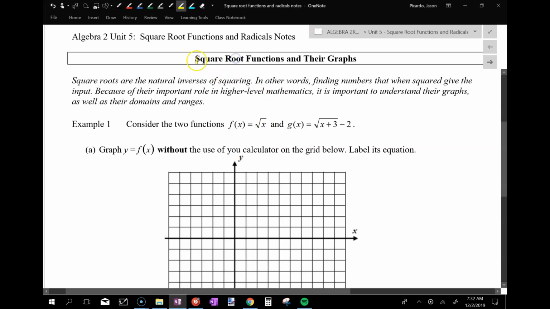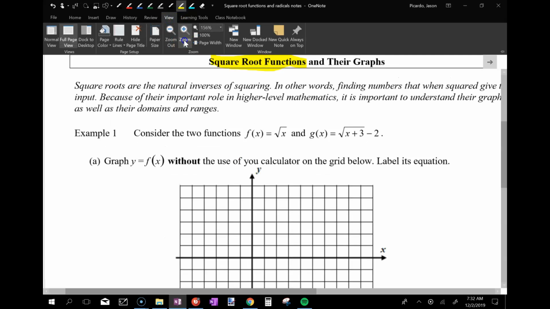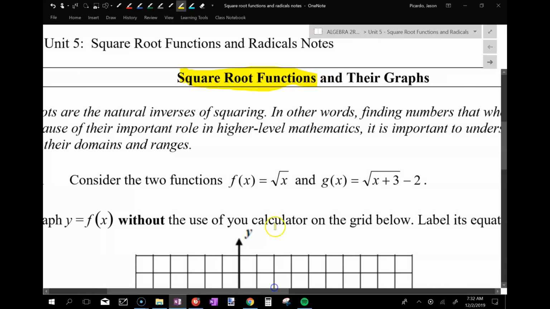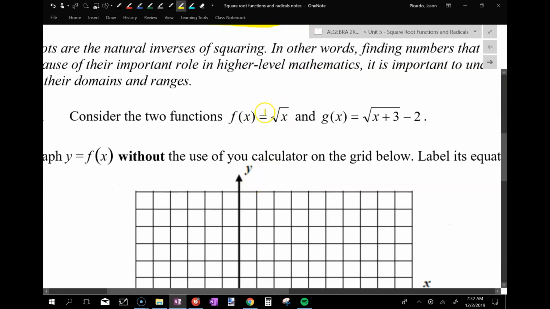All right, so we're looking at square root functions and their graphs. So I want to consider these two things, okay? Now, you might not know what that looks like. What am I talking about? This one right here, the square root of x. You may not know what that looks like. But if I asked you to compare this to this, you better know how this looks compared to that based